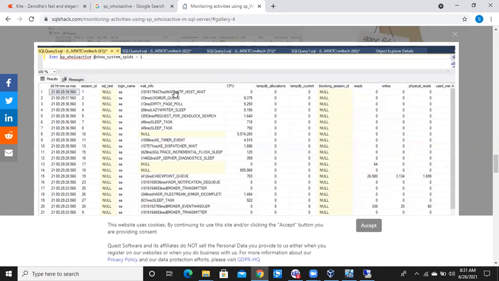Each session will wait on some resource, and those are called wait types. You can also see how much CPU it is taking, how much TempDB allocation it is taking, and if any blocking sessions are there, what the blocking session ID is, how many reads, writes and physical reads it is doing. You will have some 20 to 25 columns. It will give you a lot of information.